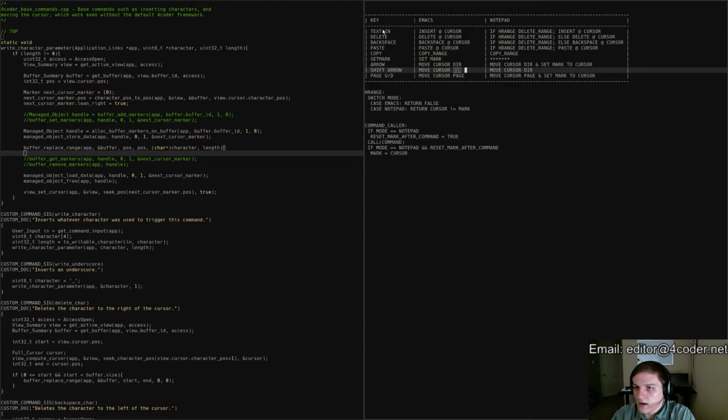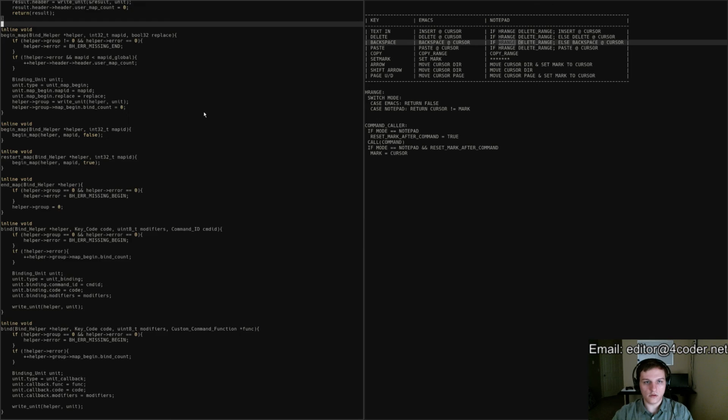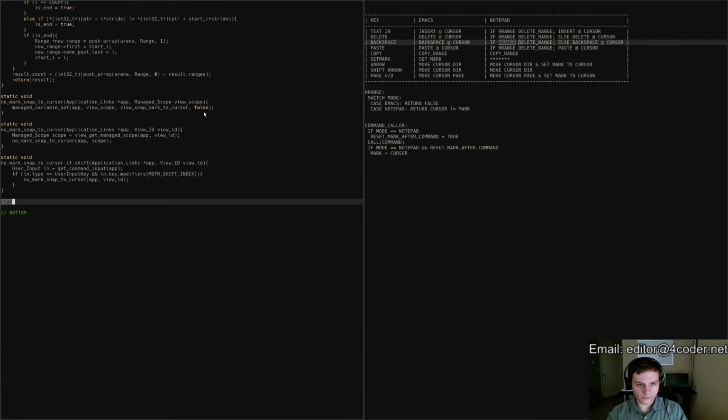Now the hard part is all of these things that are implemented in such a way that right now they just do this, and in Notepad mode they would do this code, and if we just always have hrange be false in Emacs mode, then this code is equal to this code. So we want to do this part of it now. So let's start by going back into helper, and we will say view has hrange or highlighted range, application links, app, view summary, view,